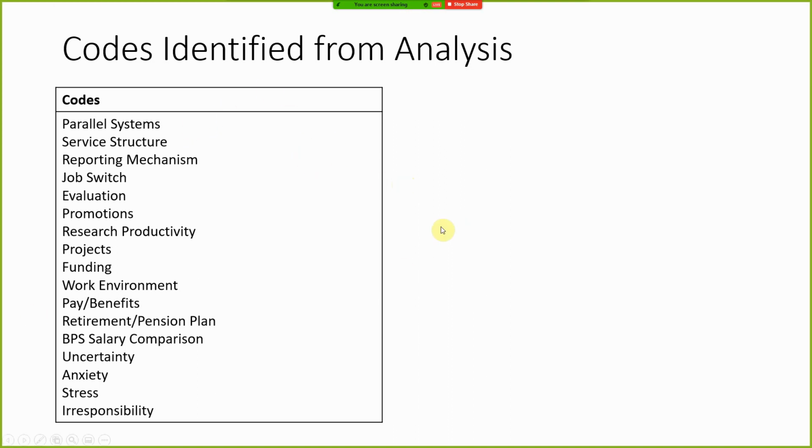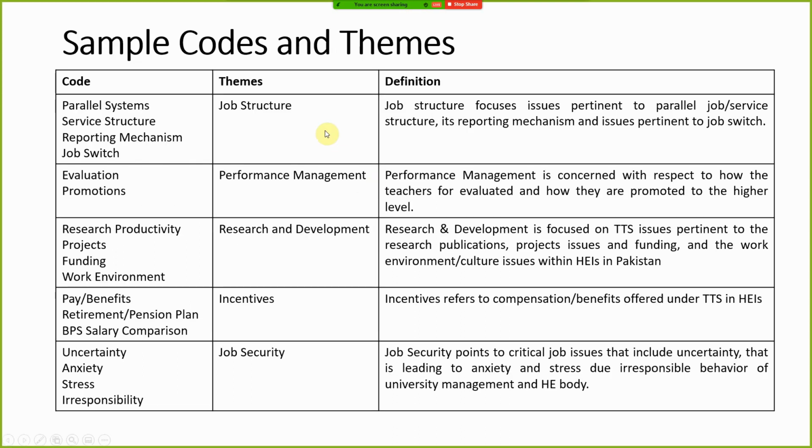So I've tried to group these codes. Now my grouping is obviously subjective, and you sitting in your offices or homes will, to a certain extent, might disagree with my coding, because this is why we call it subjective analysis. That's the reason it's always recommended that once you group these codes into themes, you take it to experts, you take it to your colleagues and ask them what they think about your coding and your themes. The next step, once you have identified the codes, is that you group these codes into themes.